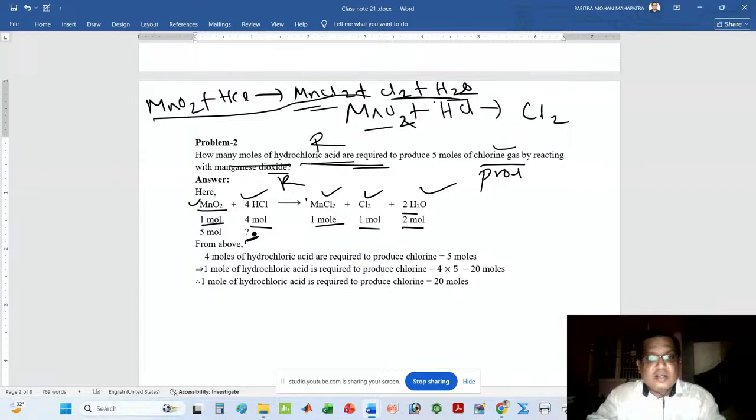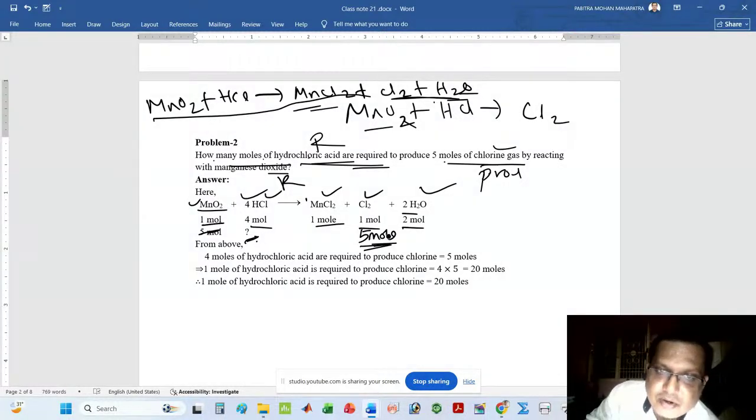Our target is to find out the moles of hydrogen chloride, and the data given is 5 mole of chlorine. So here I can write 5 mole of chlorine. Here the target is the moles of hydrochloric acid required to produce 5 mole of chlorine. The data is 5 mole of chlorine, but our target is to